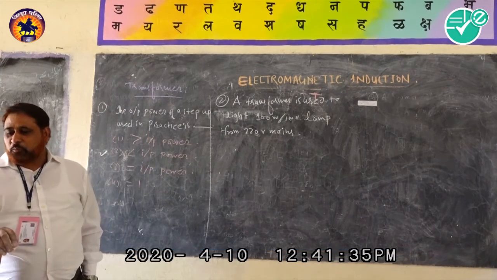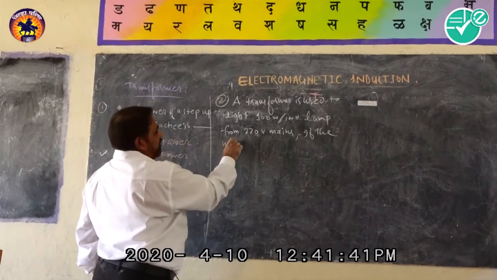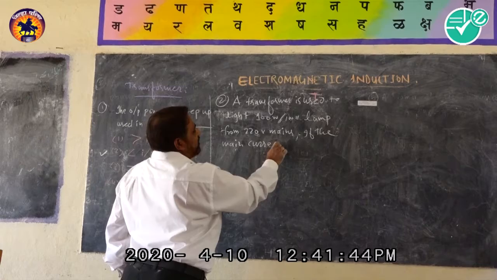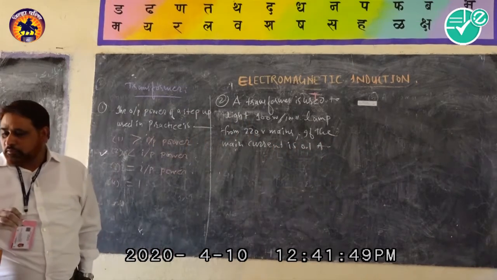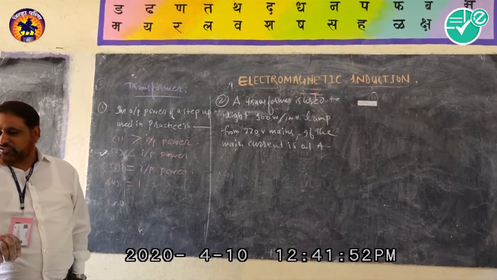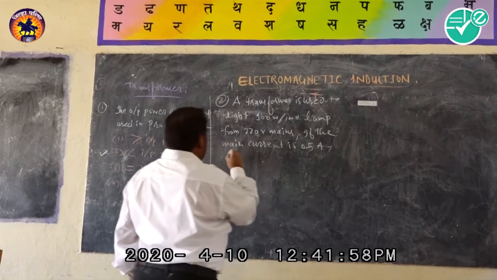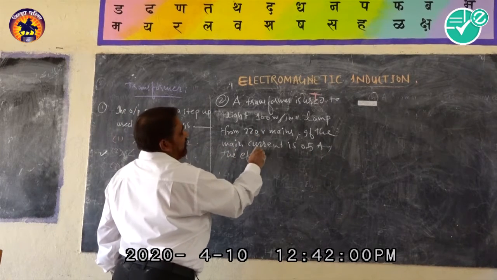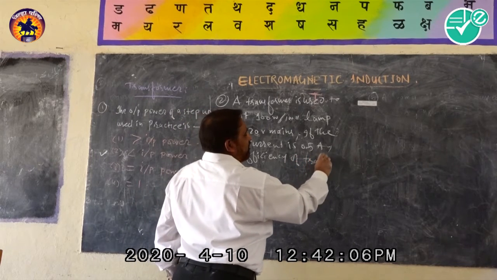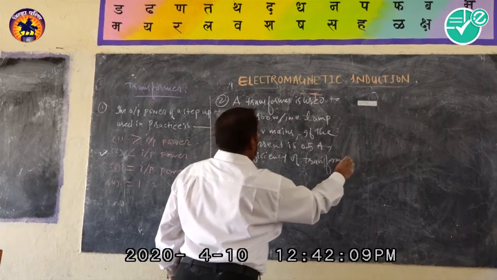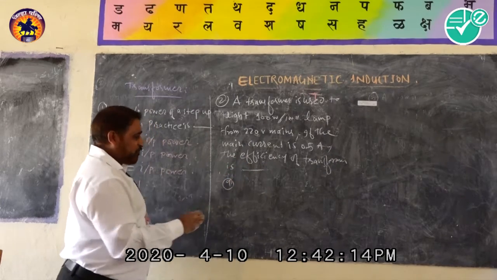If the main current is 0.5 ampere, the efficiency of the transformer is how much? Here the current is 0.5 ampere, the efficiency of the transformer is dash dash. The options are here: A, 96%,